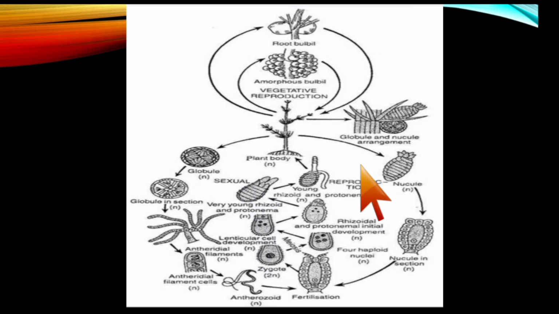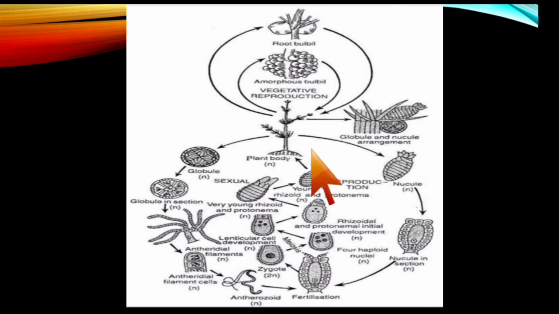Let us talk about the life cycle. Okay, I had already explained everything. As you can see, Chara undergoes vegetative reproduction through these structures, the bulbils, and here it is showing only the amorphous and the root bulbils. But remember, through the protonema as well as the amylum stars. So it undergoes vegetative reproduction through these structures,